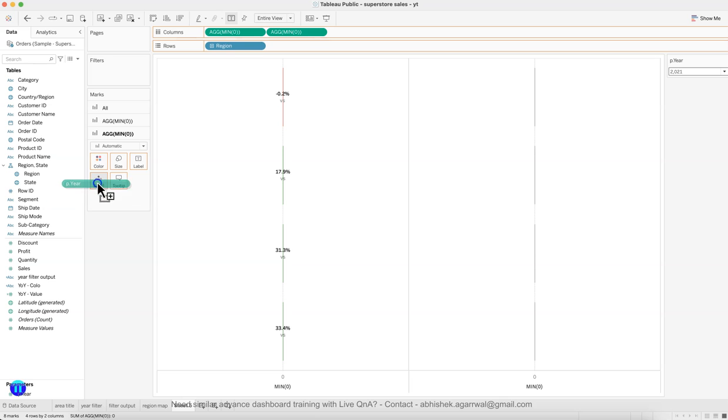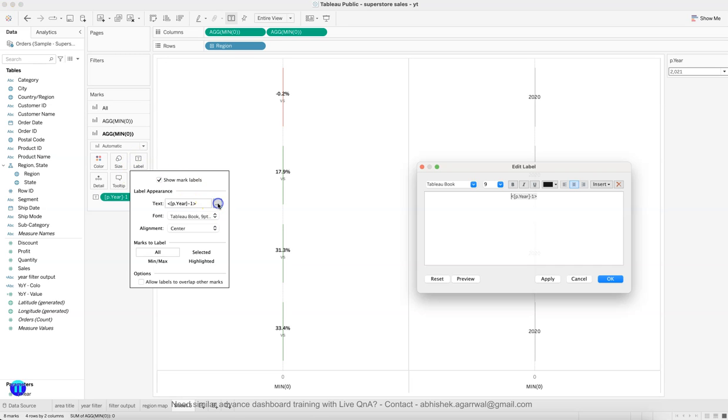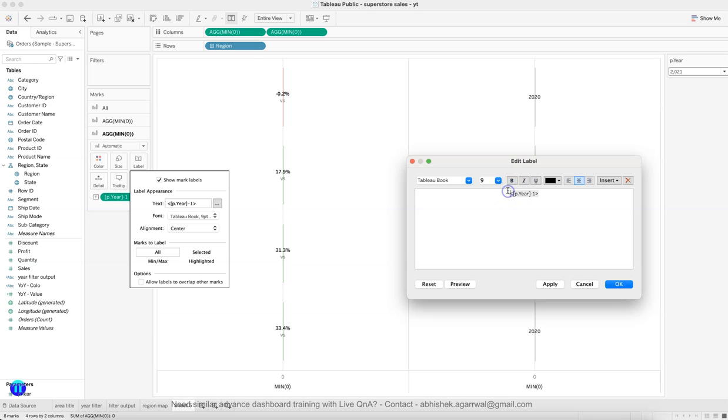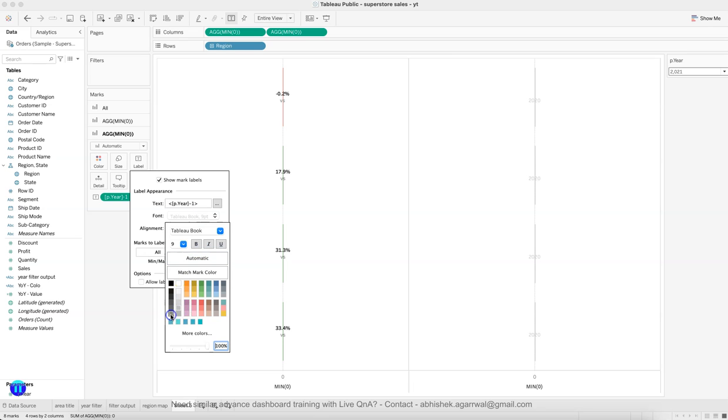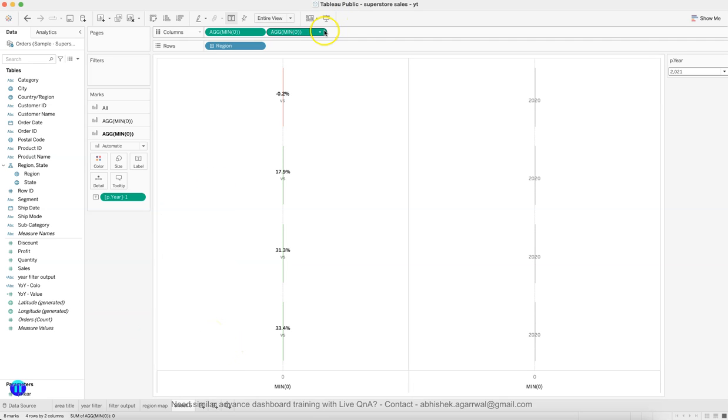And we will try to bring this to text, and we will say -1. I just double clicked and said -1, and then I will just move it down over here, apply, okay, and we will change the color to a little bit lighter, which is this, right? And then what we do is say dual axis,